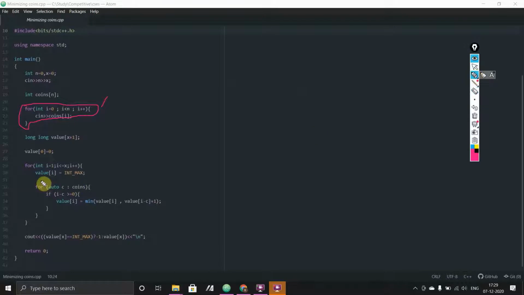Now here, in this loop, we will calculate for the numbers which are greater than 0. So here we are going to start from 1, i less than or equal to x. Okay, because the array goes up to x plus 1, that means the final index of the array is x, and the final index will be our answer. Whatever comes in the final index will be our answer. Okay, so i plus plus, and at this point, the value of i is equal to INT_MAX.